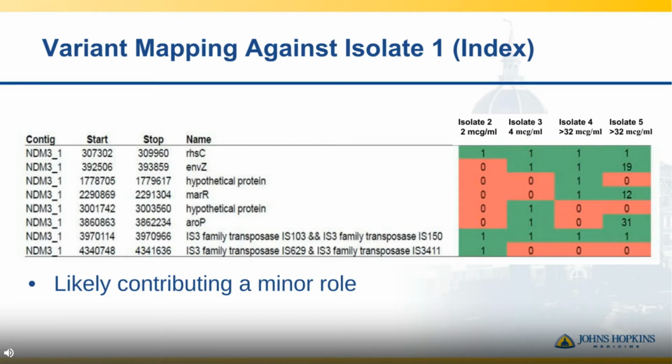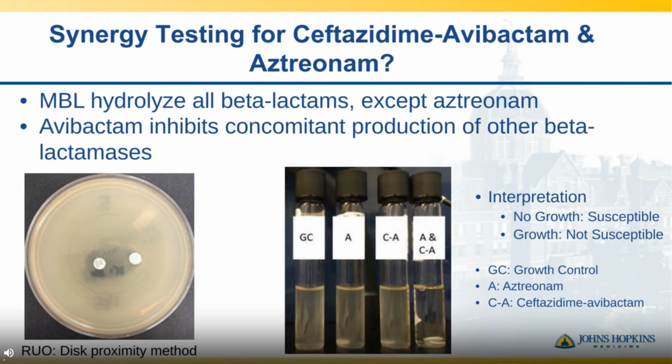However, it shows you how you can use whole genome sequencing, especially in these cases in the progressive development of resistance, to try to define additional single nucleotide variants leading to resistance. So ultimately, in this case, we ended up using the combination of ceftazidime, avibactam, and aztreonam for therapy for this patient, where